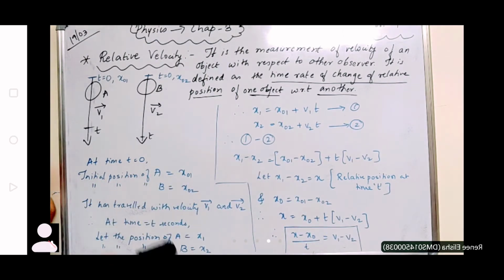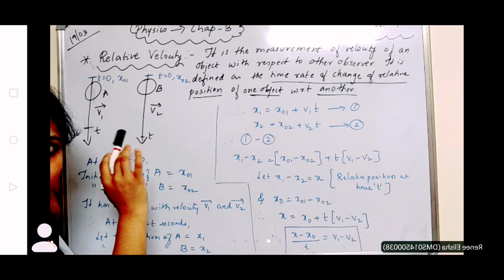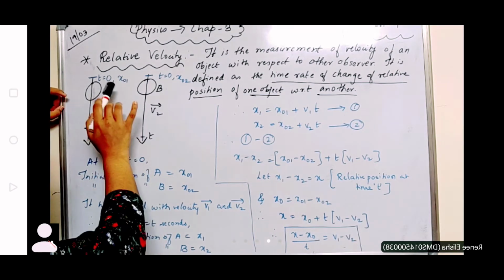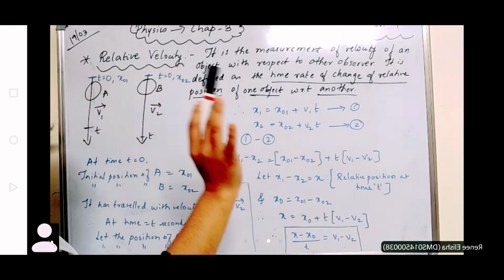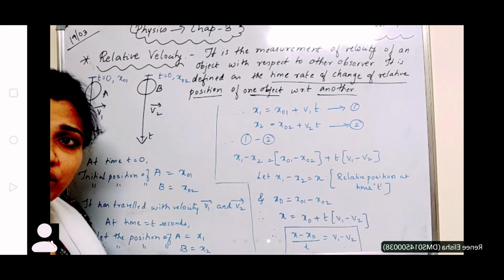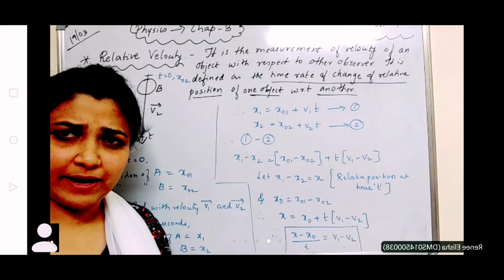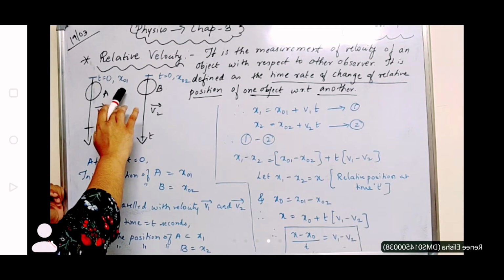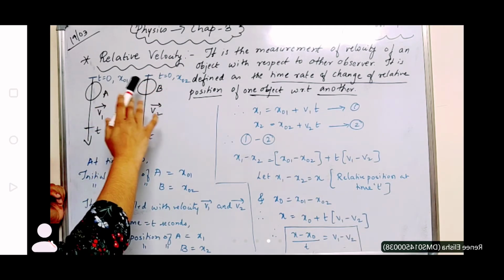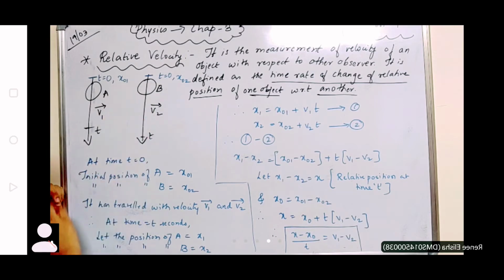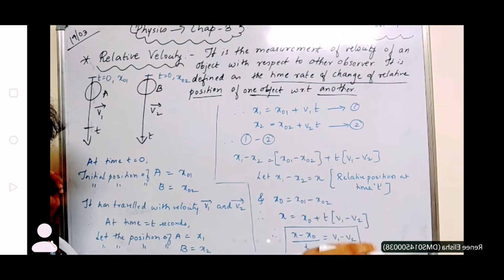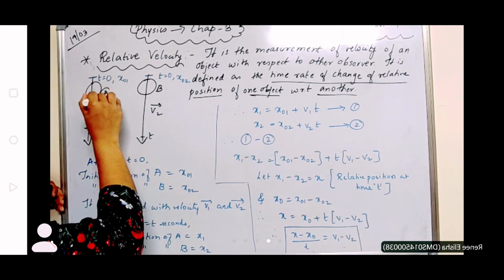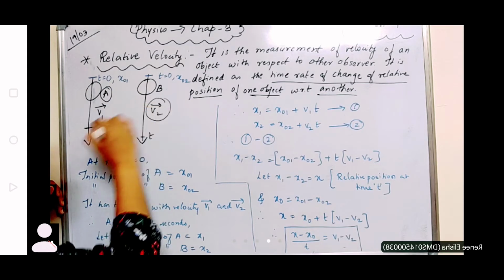Now, first, both the objects are at the initial time, so time taken is 0. From time t is equal to 0, let their initial positions be x01 and x02. You can take them as xa, xb also; people have given different names, but I have taken x01 and x02. So let x01 and x02 be the displacements at the initial position when time is equal to 0. Both of them are going in a parallel straight line, and the velocity of object A is v1 and the velocity of object B is v2.